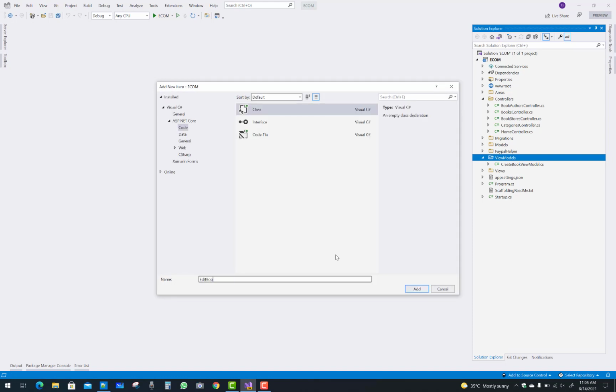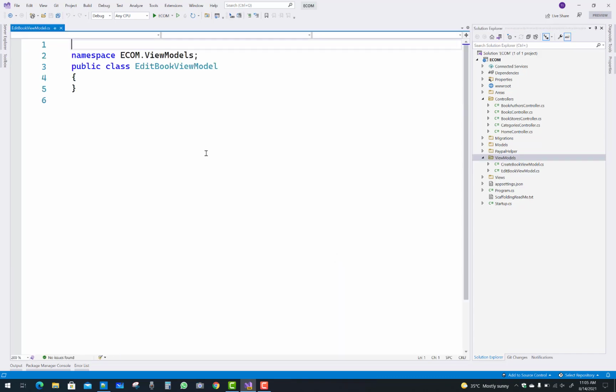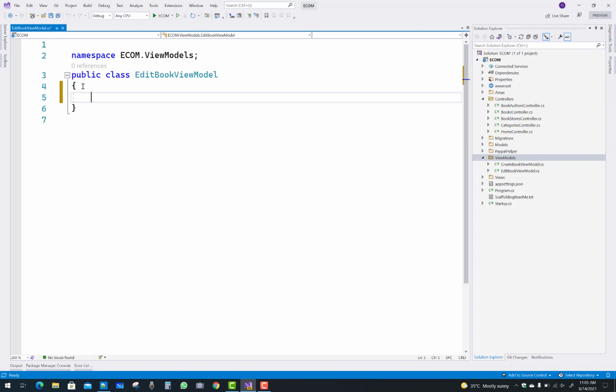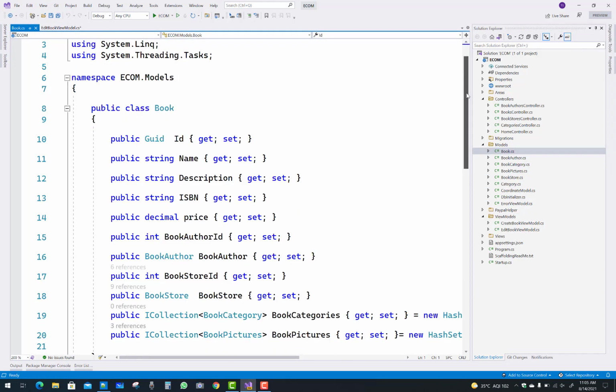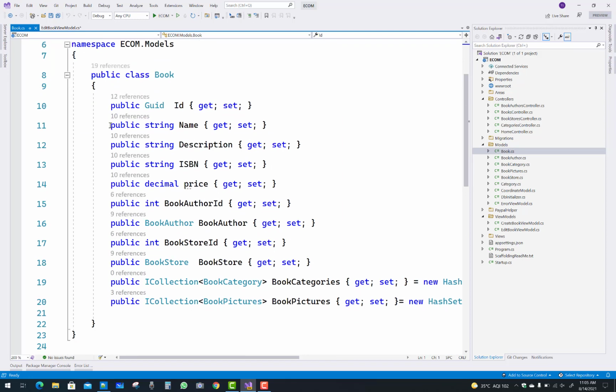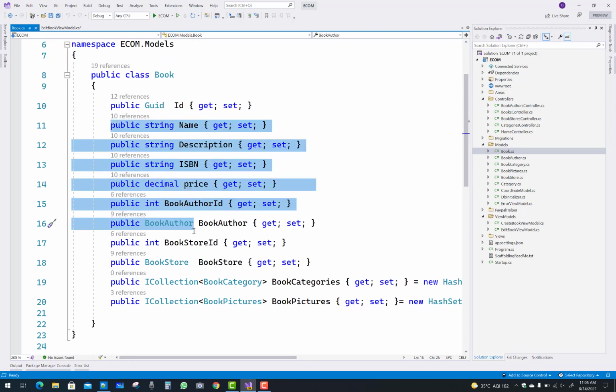In this video tutorial I'm going to add a view model for the edit book pictures. You know that the book model is not sufficient to handle all these things, like a book having multiple pictures. So with one-to-many mappings, you have to add a view model, and you always have to add a view model in your ASP.NET Core projects and any other projects. After that you have to map your model to the view model and the view model to the model.